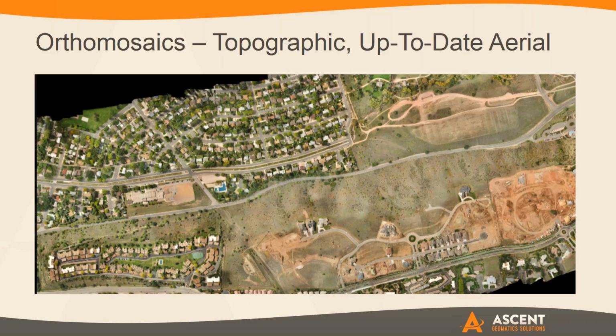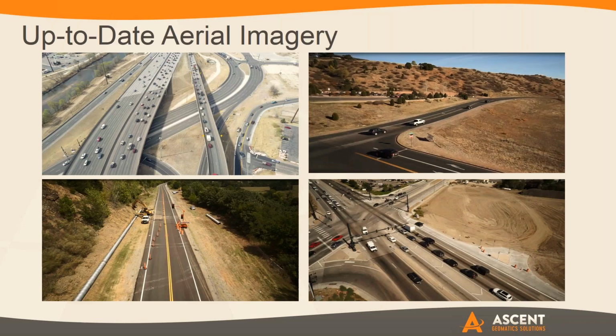So what these orthomosaics are gathering, if I just summarize what you said, is two things. One is up-to-date aerial imagery, so now we know exactly what's on the ground. We don't have to guess, because Google Earth might be 2 years old. And we're gathering data off of that, so now we have topographic information, maybe potentially cultural information, and other types of data that would be important to us on the project. Absolutely. Is that right? Okay.